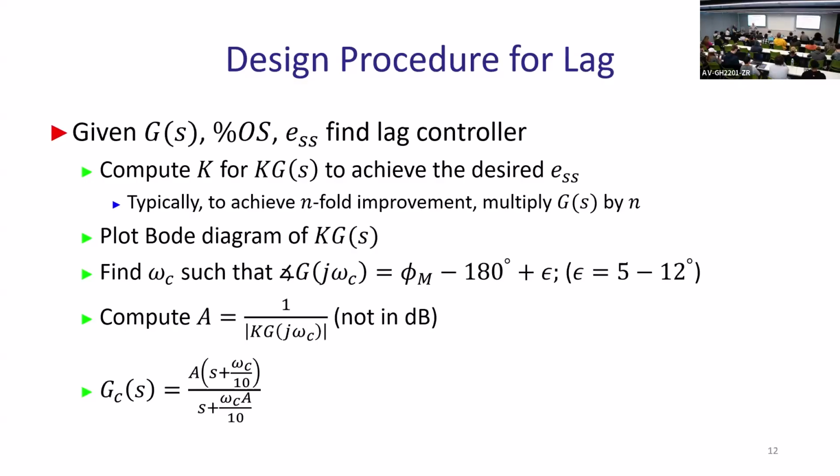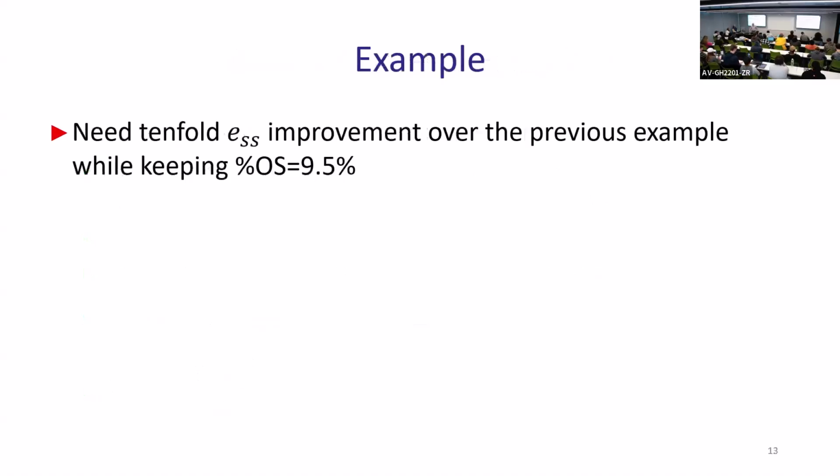Now we'll do an exercise to show all of the steps and to see how it works. The question is, you're taking the previous exercise, which was the same problem, same 9.5% overshoot, same transfer function, but now you want to improve the previous example and have 10 times better